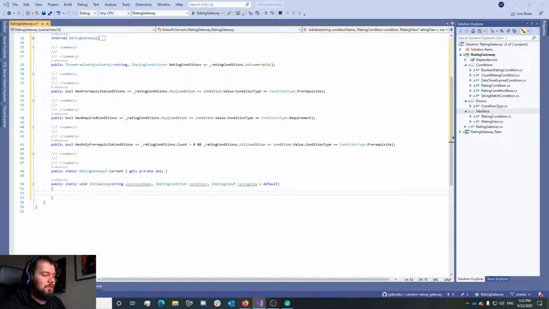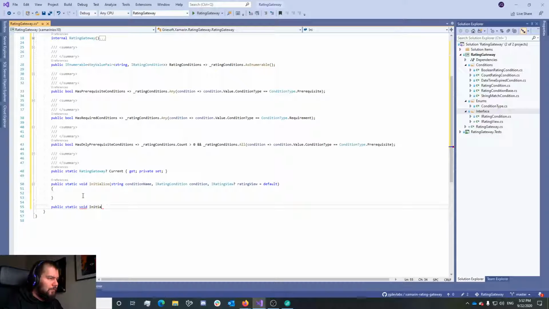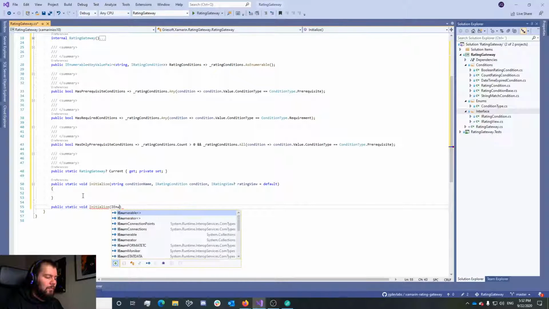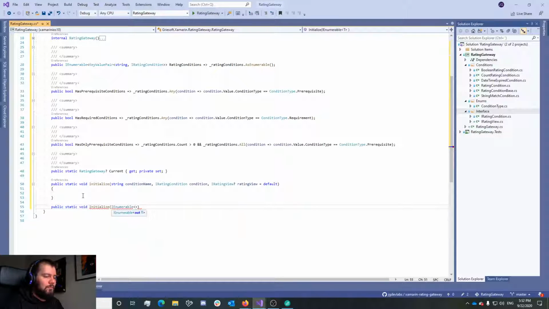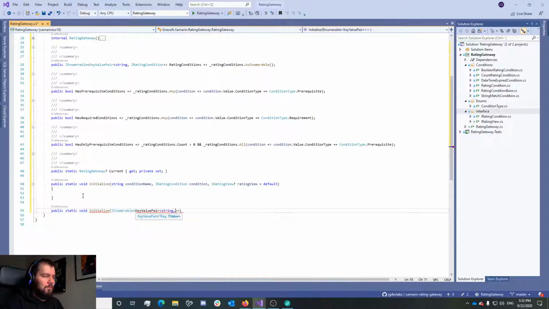For our first overload, oh well, let's right away also add the other initialization method. They basically both do the same, but